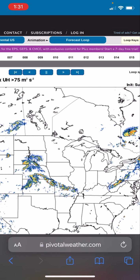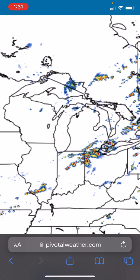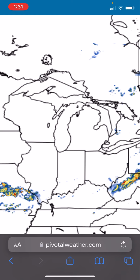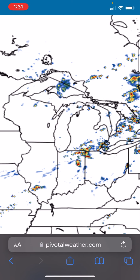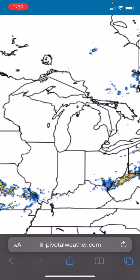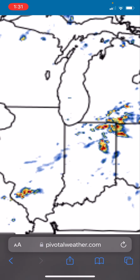As we get closer here, you can see the activity develops right along the front. Now the front's still in Illinois right now, and southeastern Wisconsin. But later this afternoon, we get a little clearing. We get those skies clear, and some storms form right along the front, and they will mainly be capable of some very heavy rain